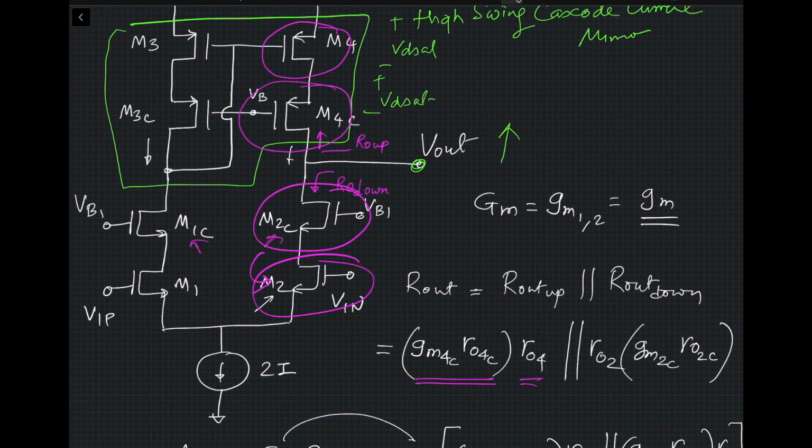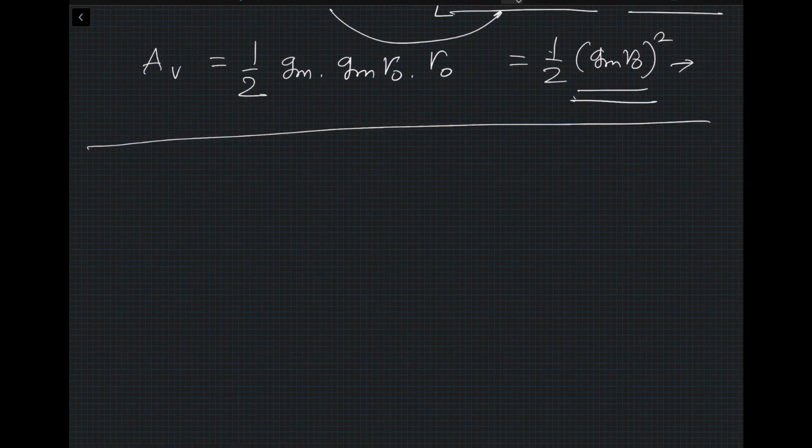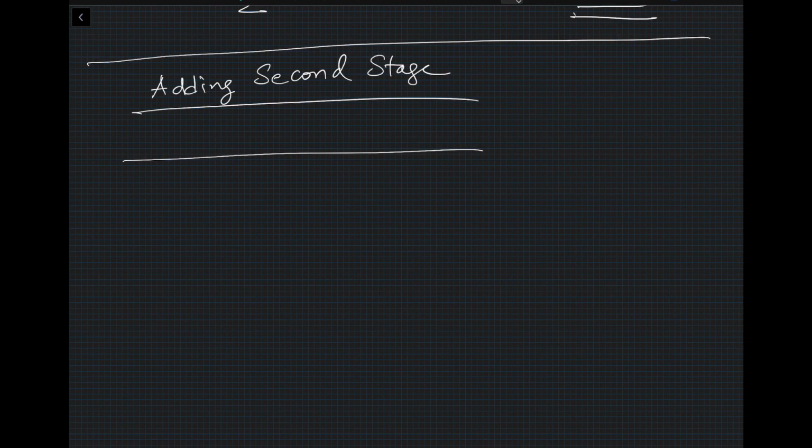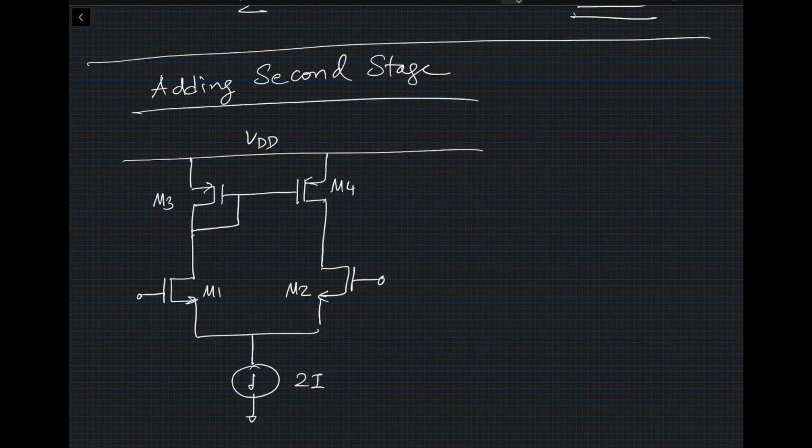And there are many different configurations of amplifier design, and I'm just going to go through 2 or 3 key ones so that you understand the concepts. The next thing I also talked about, a way of increasing the gain, would be adding a second stage. How do we do that? So in this case, we will not use a cascode amplifier. We'll just use a simple diff pair amplifier with current mirror load. This will only give me the gain of half GM R out, right?